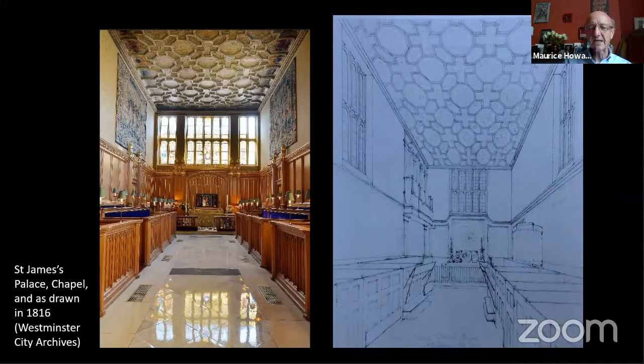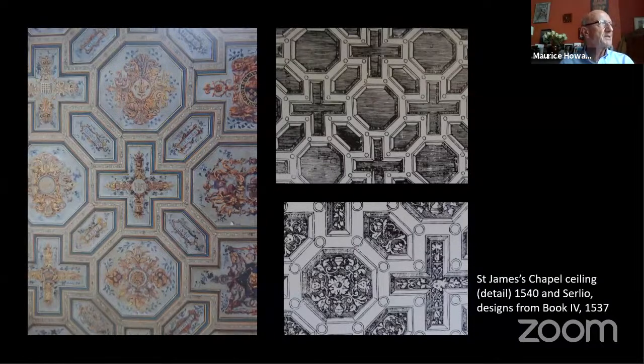But what does survive there is the ceiling, shown in this rather perspectivized view in the drawing of the early 19th century and in the camera image here on the left. And this bears witness to something of the design-conscious and ultra-modern feeling about the work going on at the court of Henry VIII, because it was receptive to the latest design elements circulating in Europe at this time. This ceiling was constructed during 1540, and we know that because here we have H and A for not Anne Boleyn now, but two wives down the line, for Anne of Cleves. So in those only 6 months of her reign as queen, this ceiling was